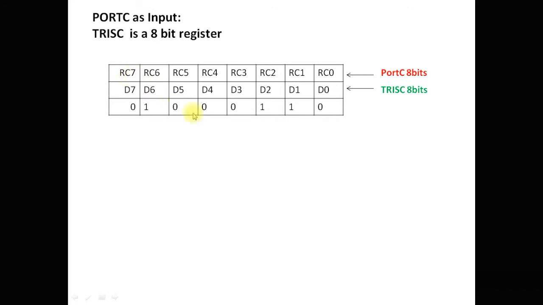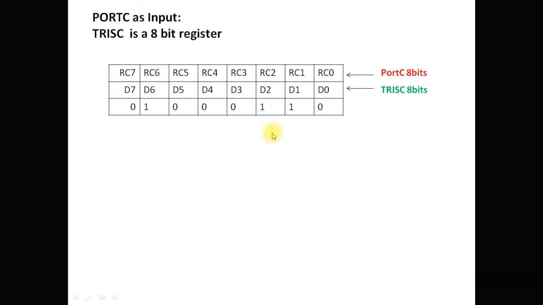For example, if we write 0 in the D0 bit of the direction control register, it directly affects port C's 0th bit. Similarly, if we write 1 in the D6 bit, it directly affects port C's 6th pin.